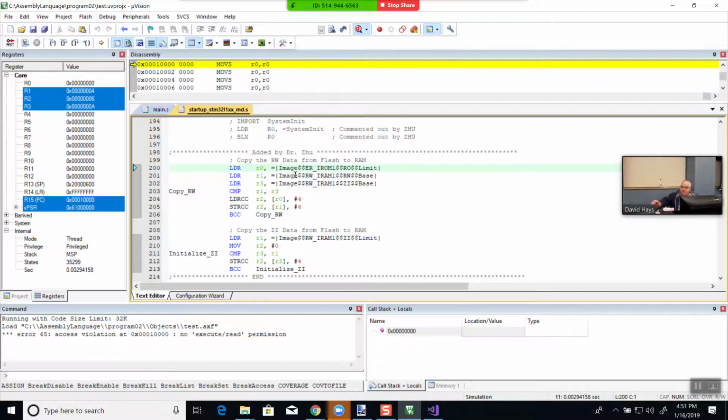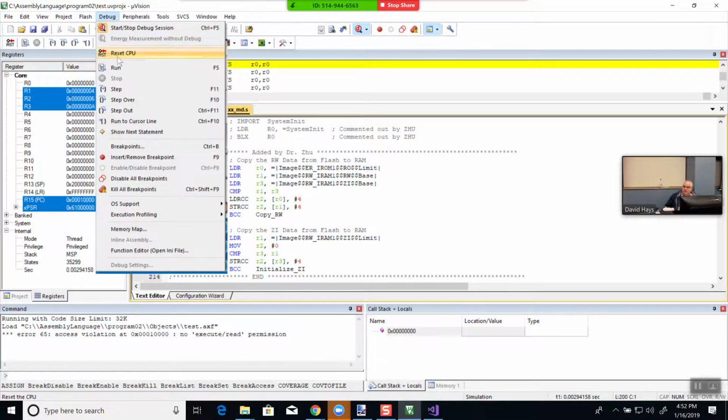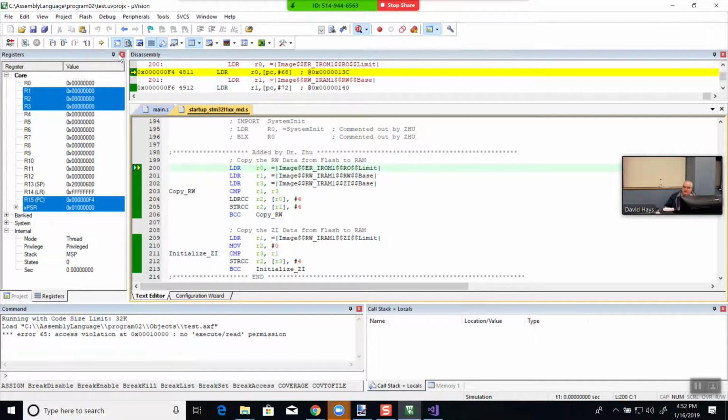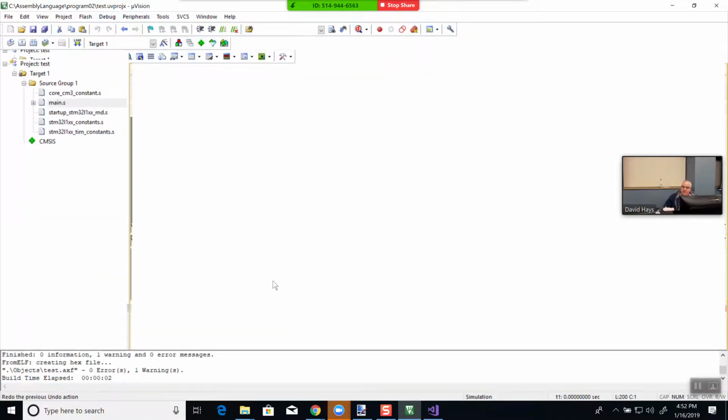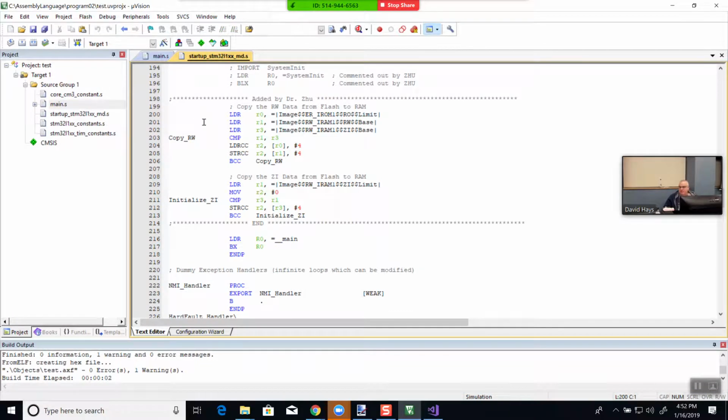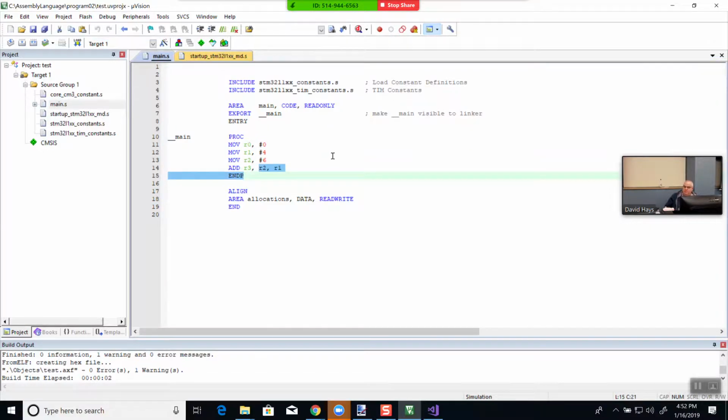Does this look very user-friendly? LDR, R0, comma, equals, and what in the world is all this saying? No, it doesn't look user-friendly. This is called a low-level programming language. So let me go back to reset that. All right, let's stop it. Resetting the CPU, what that does is it clears out your registers. And if I come over here to main.s,